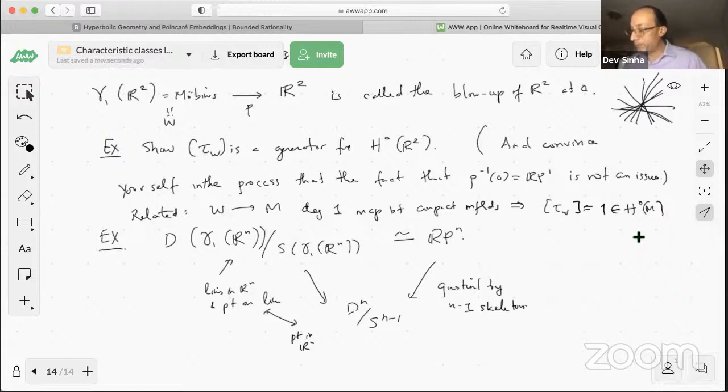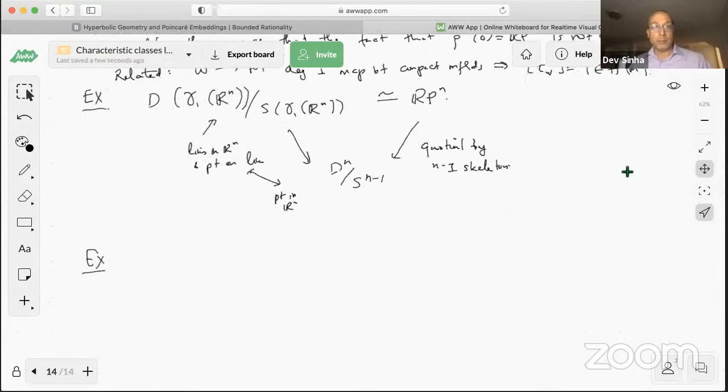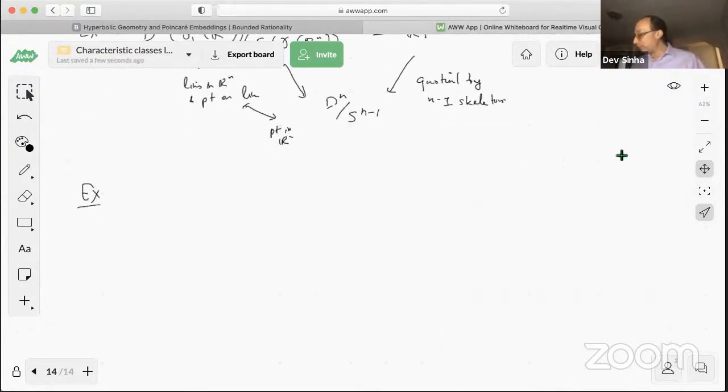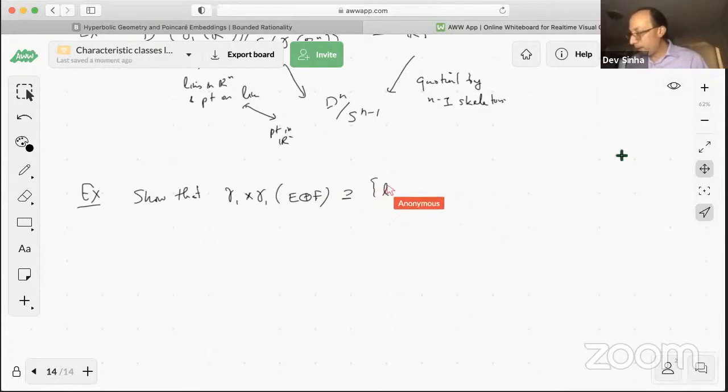And then related to the last lecture, we have a detail related to this very first exercise, the fact that the blowup of R2 doesn't change the fact that the identity from R2 to itself is also a great representative for the generator in cohomology. Show that the subspace, so remember we had this subspace of pairs of lines in the bundle E direct sum F of line bundles. Inside there, I had L1 and L2, so that the first one is equal to F. Show that this represents